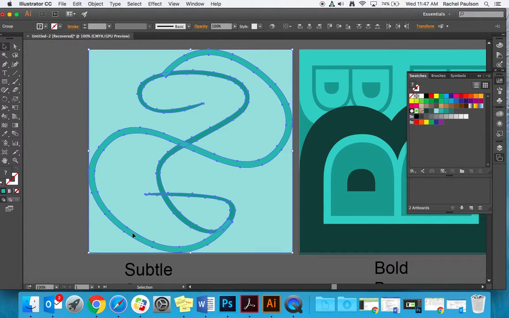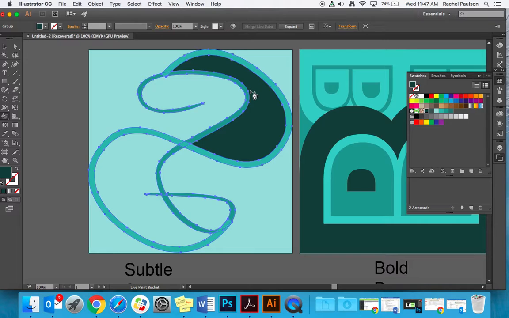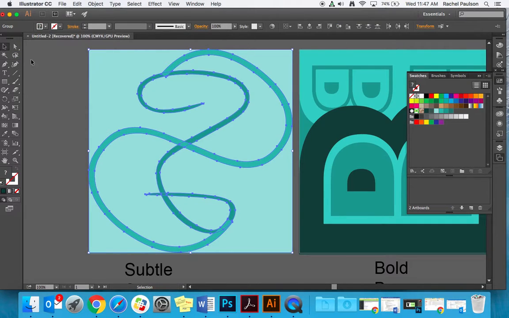I don't want the background part of the selection. I can go over here and find the live paint tool. It's usually hiding under this one. Live paint bucket is what it's called. You can find your color that you want, and then you can dump it into a particular space. The only thing is you have to have your object selected so it can recognize the edges. Okay, so that is another way to do it if you wanted to separate and break out all of these